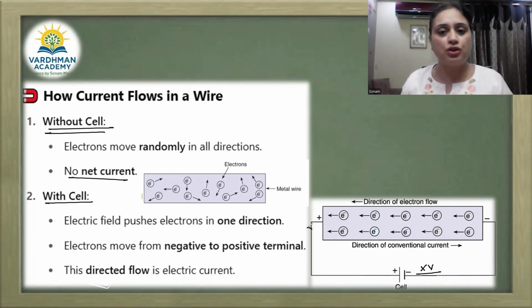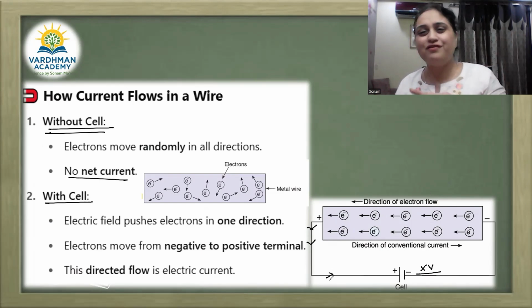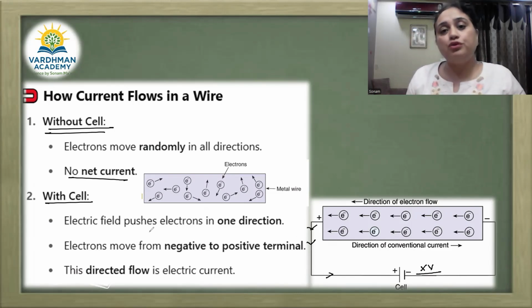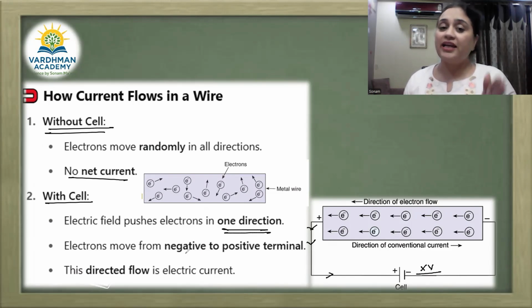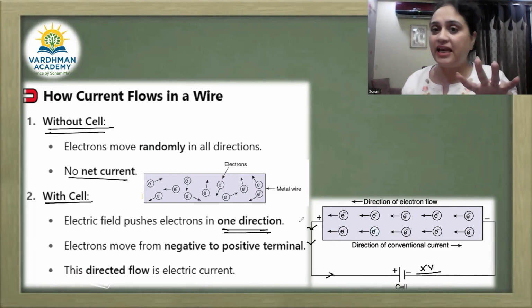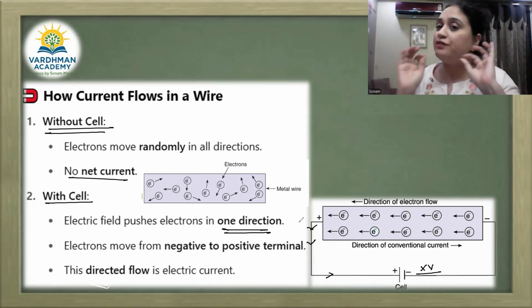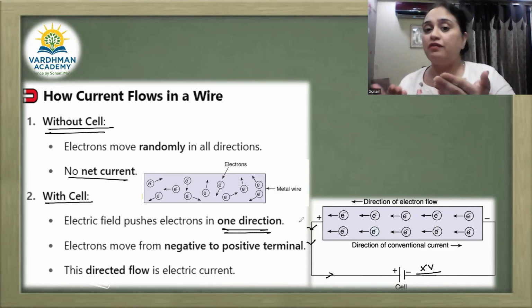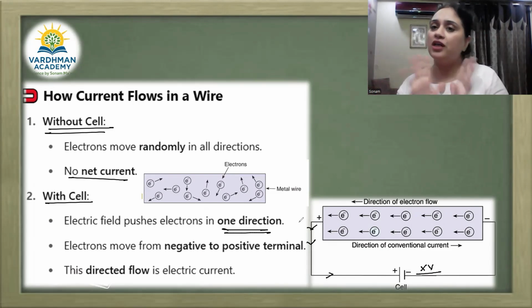अब इसमें हो क्या रहा है जब हम externally देखेंगे? So it seems like the electrons are flowing from the positive terminal to the negative terminal. So that brings out the conventional direction. So the electric field pushes the electrons in one direction and electrons start moving from the negative to the positive. तो ये हो गई actual direction. But externally जब हम देखते हैं तो अब convenience के लिए सभी scientists ने क्या किया, जो बेंजामिन फ्रैंकलिन ने assume किया था that electric current flows from the positive terminal to the negative terminal, then everyone has started assuming that, and for convenience till date we are following the same thing.